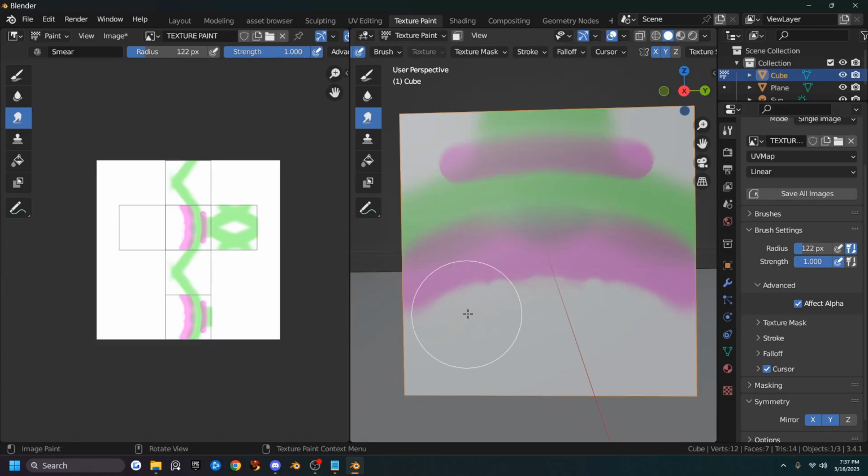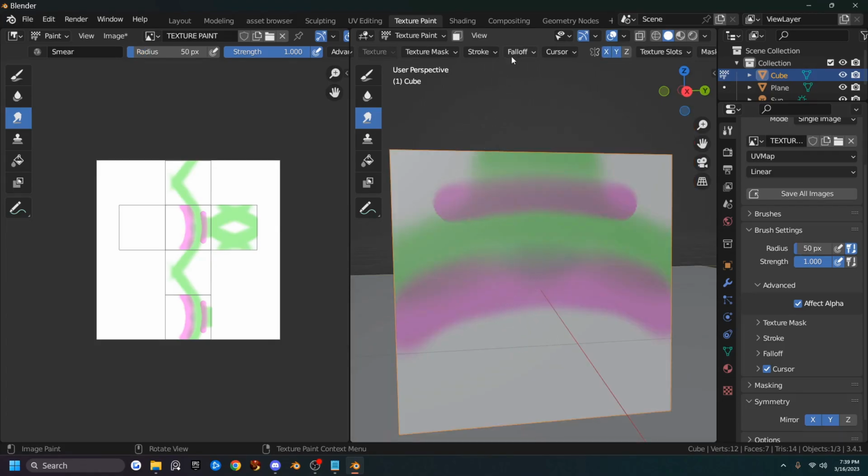I usually use a bigger brush, and then I just kind of clean up some edges, and I'm pretty sure the fall off works with that also. If you change the fall off to sharp, you can actually do some sharper edges. And I still have symmetry on. Let me turn that off. And I like to use a little bigger brush, like I said, and I can clean up